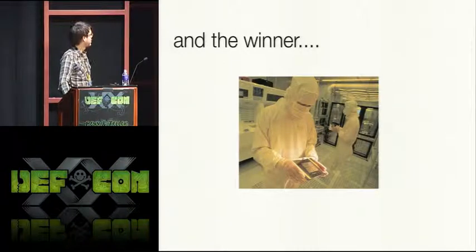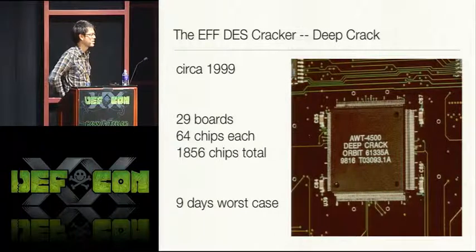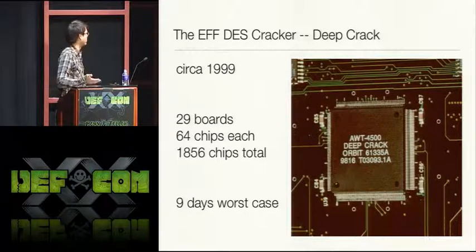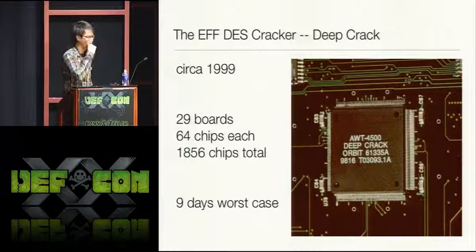Back in 1999, the EFF built DeepCrack, which was an attempt to prove that anybody, for a small amount of money, in this case about $250,000, would be able to break DES in a pretty short amount of time. In this case, it was about 9 days, worst case, with about 1,800 chips total that they fabbed themselves. And sure, if you have $250,000 you want to spend on this and have a whole team of people that can design the chip and send it out to a fab and all that sort of stuff, that's all fine and great.